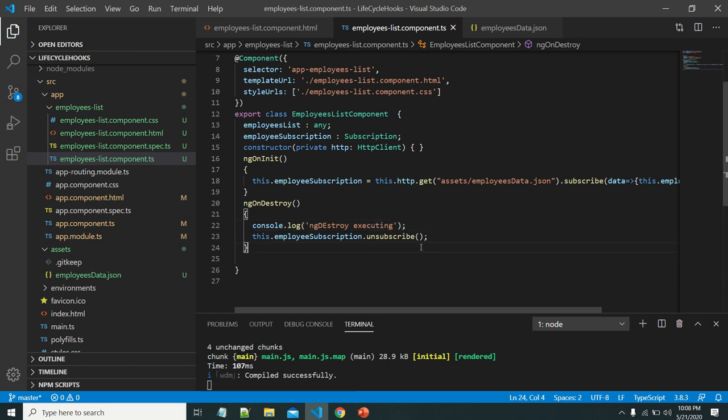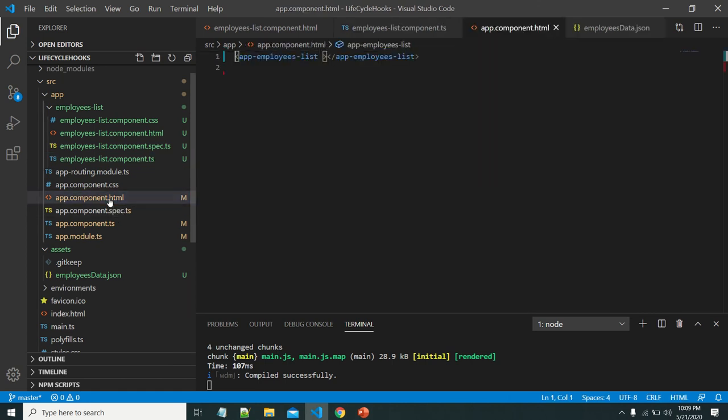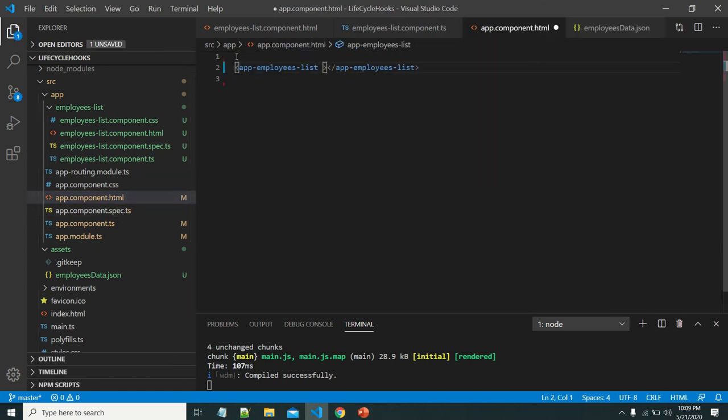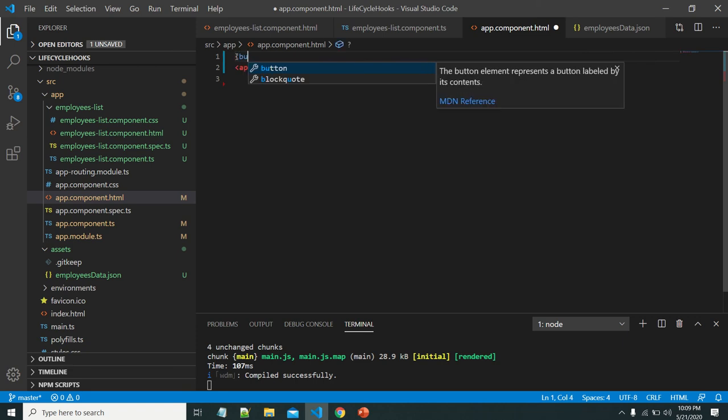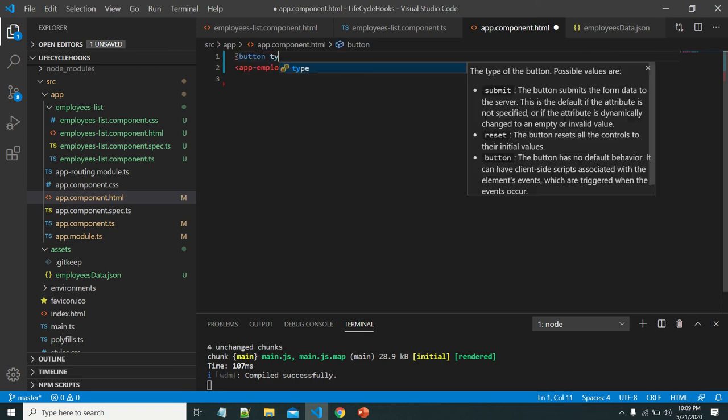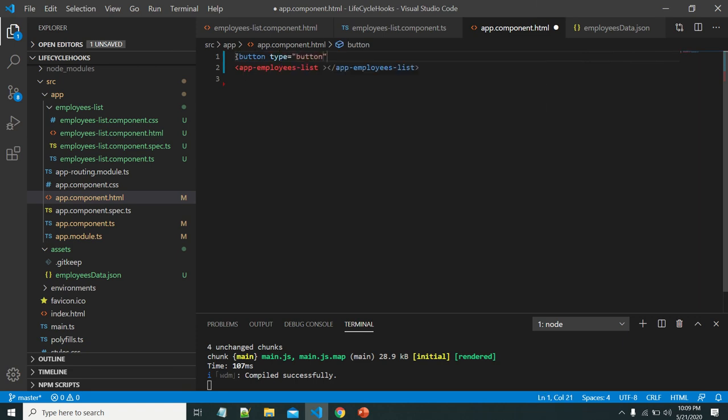Let me destroy this component by using structural directives in the component. Also, let me add here one button, type button. This is basically useful to hide the list of employees.